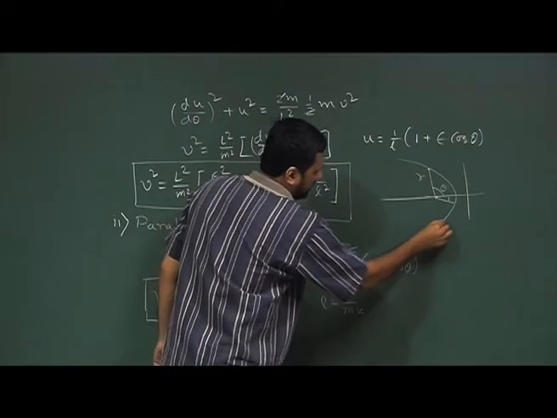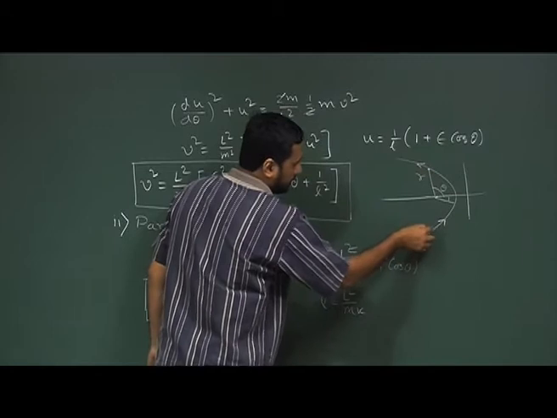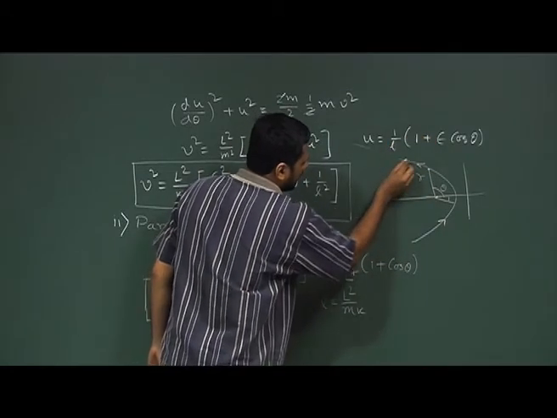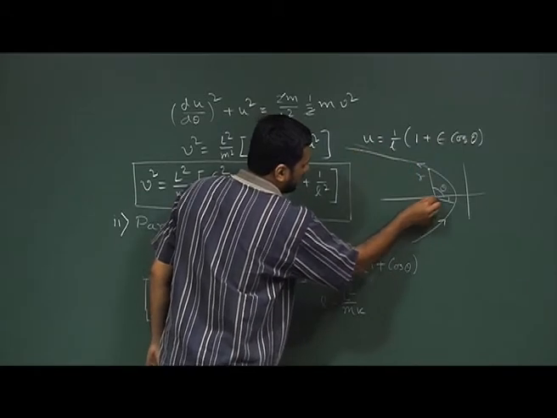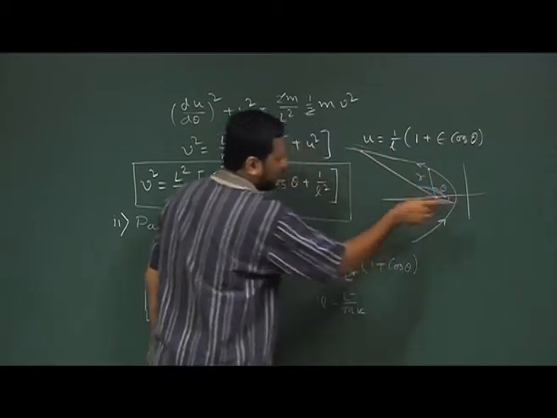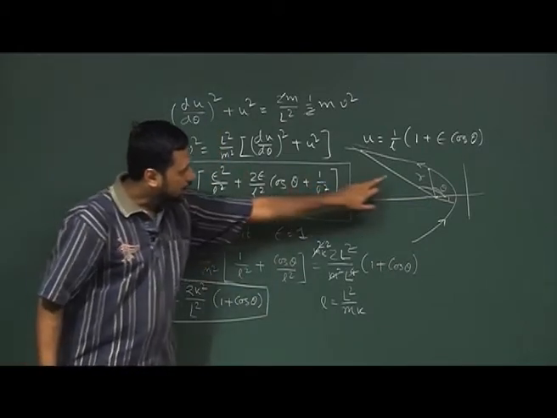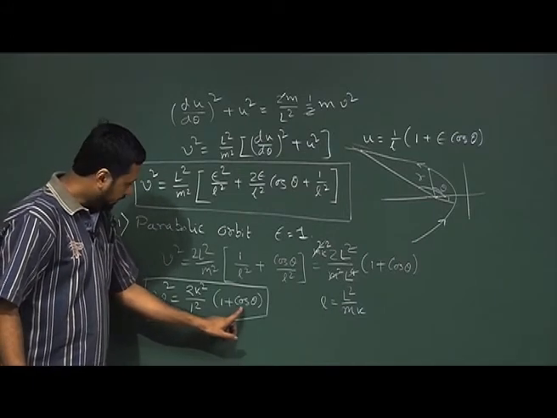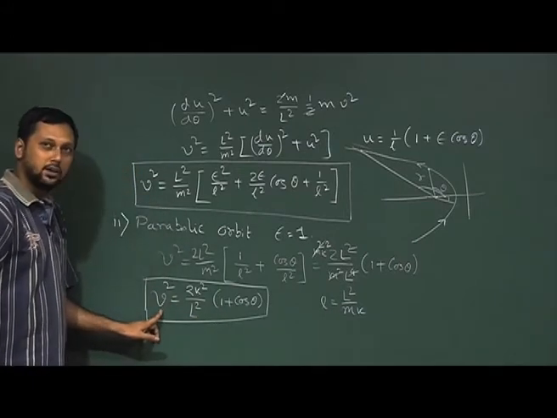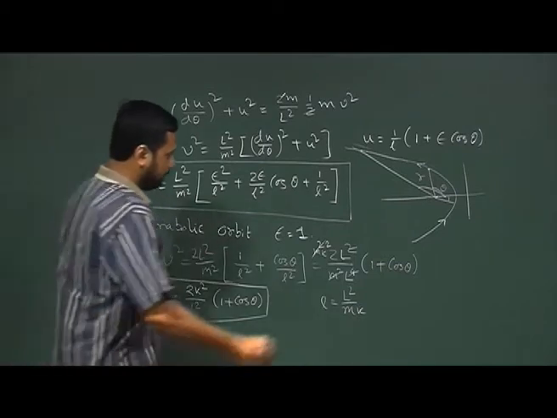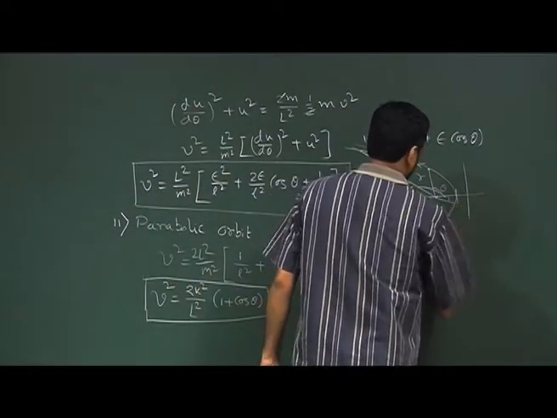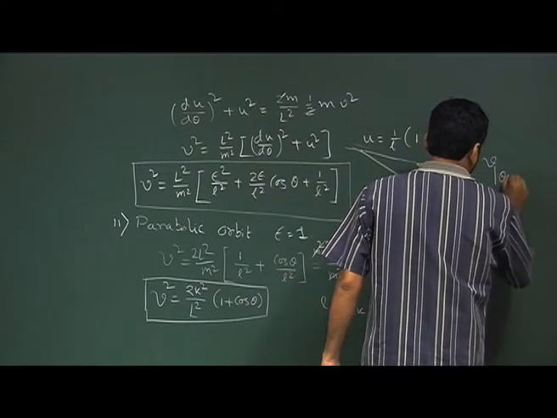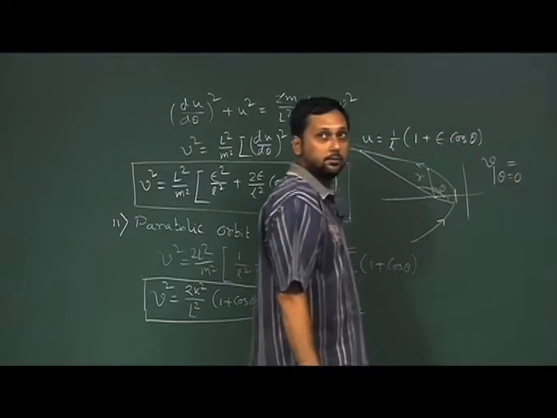As the object moves away from the force center, your theta becomes more and more, and in the limiting case when r goes to infinity, your theta goes to 180 degrees. Now if you put theta equal to 180 degrees, you will get a velocity equal to 0, and if you put theta equal to 0, you get a velocity v, which is given by,